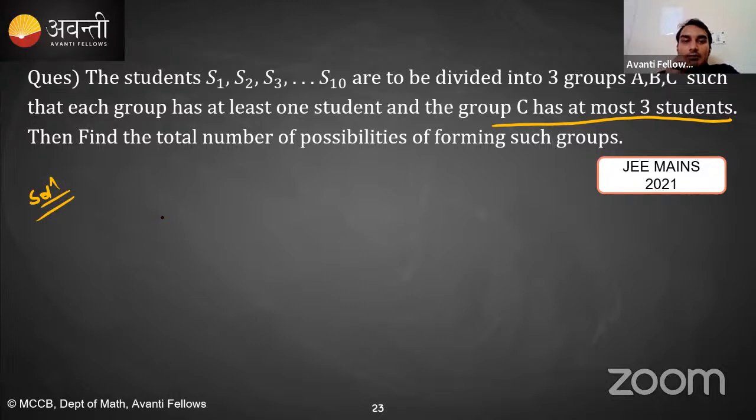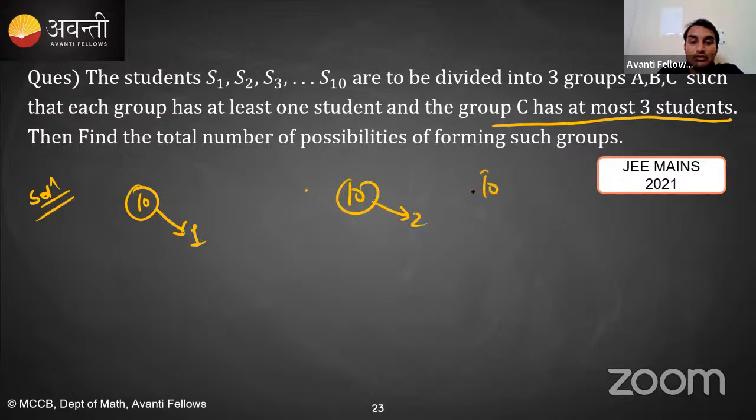First of all, each group should have at least one student. 1290. No, I'm afraid Janvi Balari, this is not the right answer. देखो, the moment you heard that each group has at least one student, so you know that grouping करनी है, 3 group में divide करना है, right? But the problem is, if you divide these 10 students in 3 groups, so let's say every group has one student. So first you have to do 3 methods, that group C has 1, then group C has 2, then group C has 3,